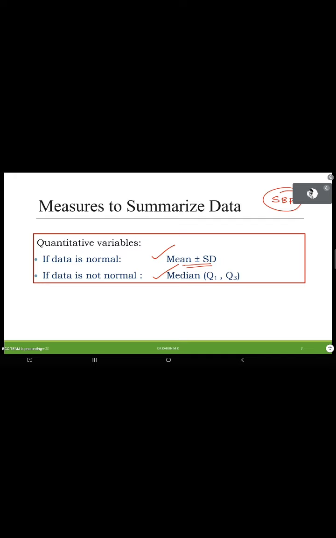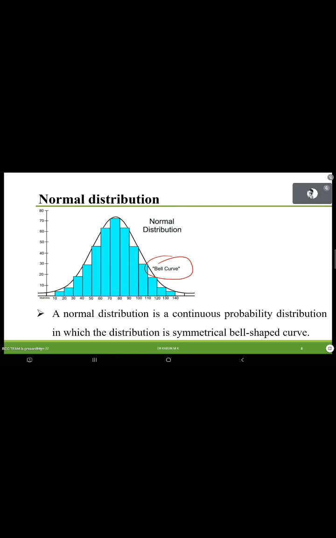Okay, so as I mentioned, normality is very important. How are we going to check the normality of the data? What is meant by normality? For example, whenever you have a variable, say SBP, DBP, cholesterol, any quantitative variable, just plot a histogram and look at the shape. If it looks like an exactly bell-shaped symmetrical curve, you can say your data follows normal distribution.